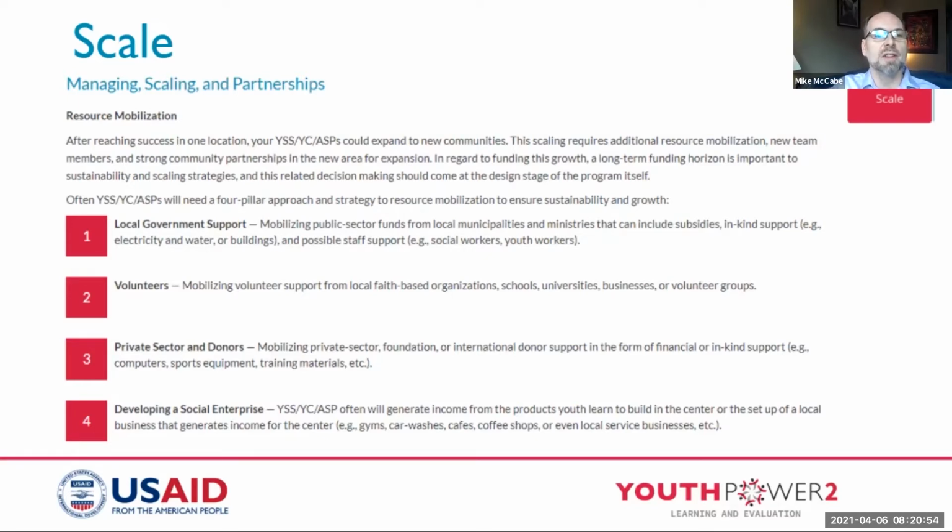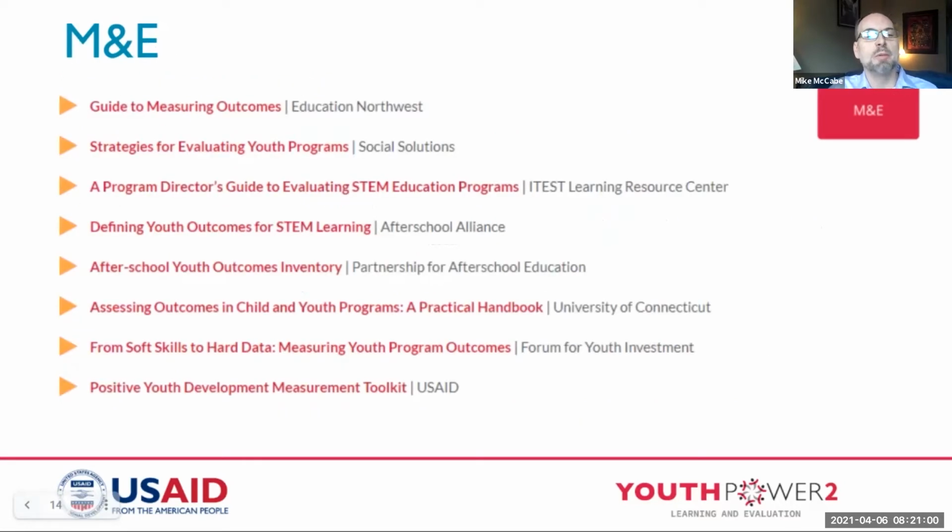Then the next section of it is, if we could go one more, Cole, on M&E. The big question is, do these work? What are we trying to achieve through this? So what we've done is we've created links to a lot of different of the best examples of how do we measure after school youth outcomes or youth center outcomes in programming. We also have the Positive Youth Development Measurement Toolkit tied in there, as well as how do we measure soft skills effectively. So all of these are open source resources that you can find as you're putting together your new youth center or trying to strengthen the components. Can you go one more there, Cole?